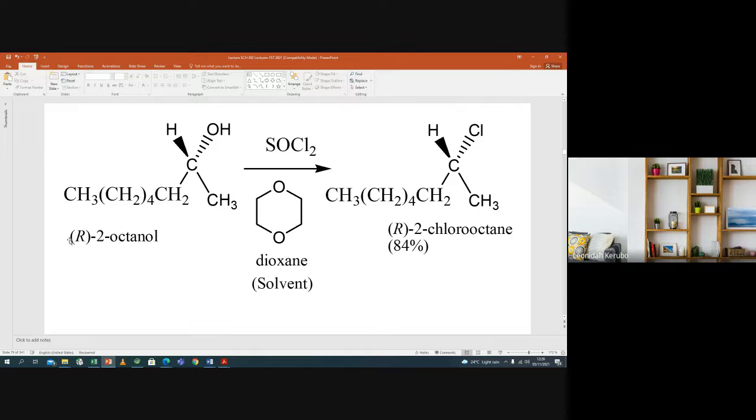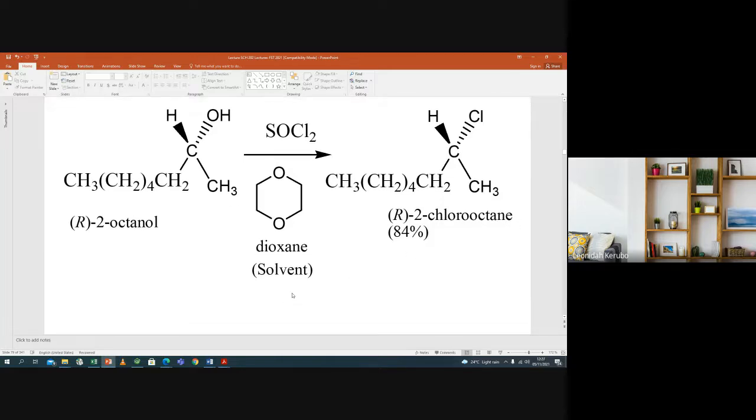It's 2-octanol, but the orientation is R. Then reacted with thionyl chloride in this solvent, dioxane. This is not taking part in the reaction, but just dissolving the reactants. So the product is also R. The configuration is the same. You can see it's the same, the hydroxyl group and also the chloride. So the product will still be R-2-chlorooctane, and the yield you can see